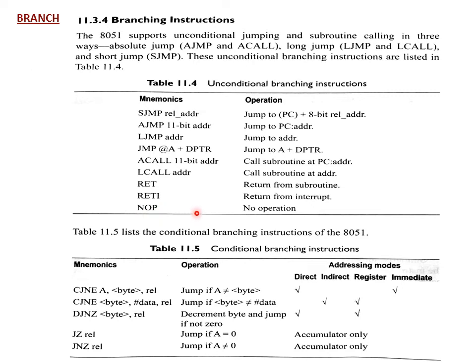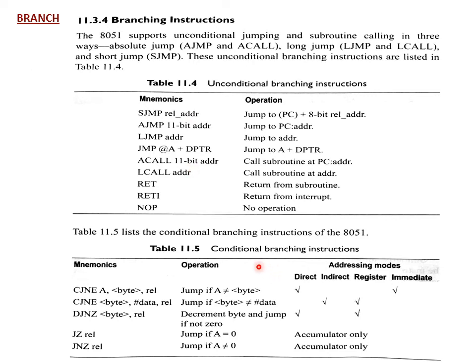Next, NOP is no operation. If you observe all these instructions, is there any condition used? No condition. That's why these all belong to the unconditional branching instructions. In the instruction, the address is directly specified. After executing the instruction, the processor directly jumps to or calls the instruction you specified. That's called unconditional branching instructions.